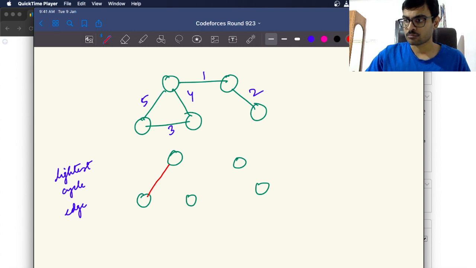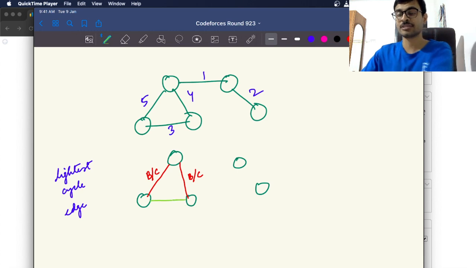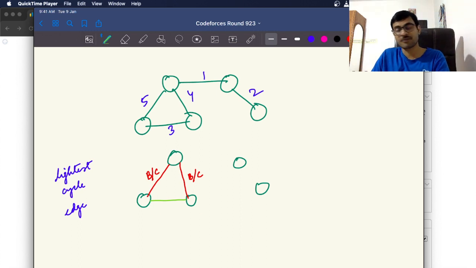Then comes 4. Okay, this also can be a bridge, can be a cycle, depending on what comes next. Now the next edge weight is 3. When I'm connecting this, I'm damn sure that I'm connecting two connected parts of the graph, or a connected part of a graph, I'm reconnecting it. I'm damn sure this is a cycle. So if I go in the decreasing order